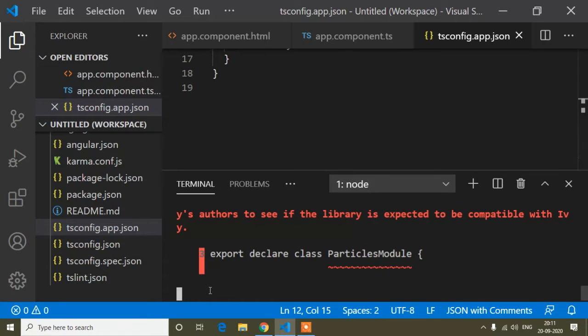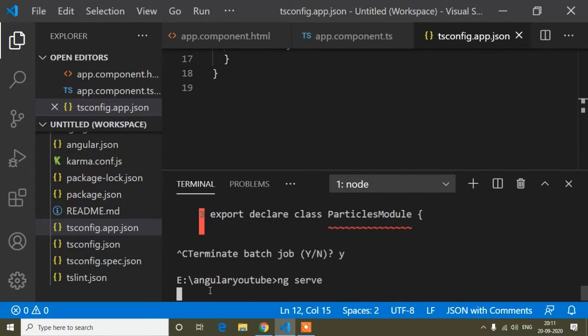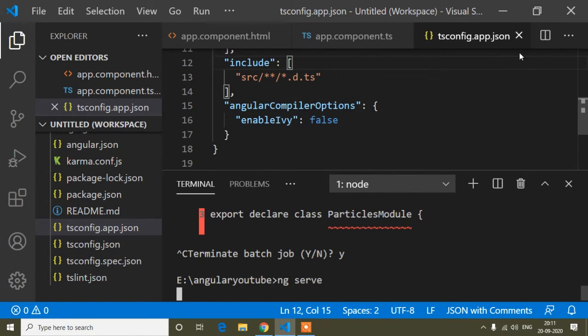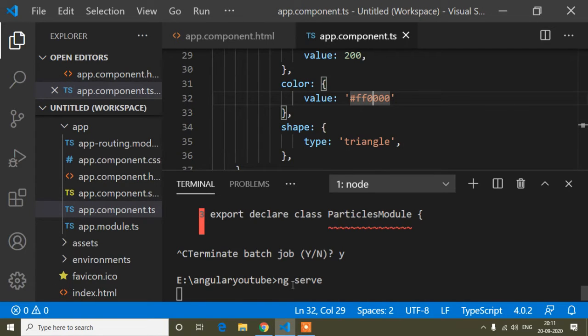So for that we have to do one thing. We have to terminate our project. So Ctrl C and Y, and again I have to run this project because I changed something in our .json file. Here I'm running this project with ng serve.